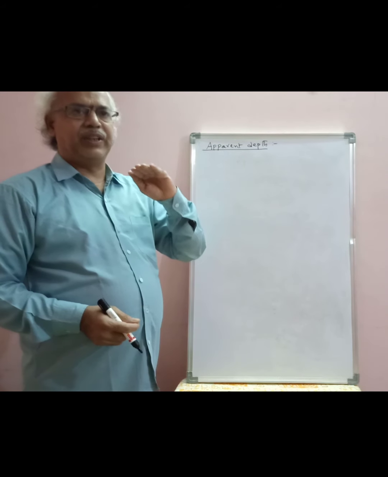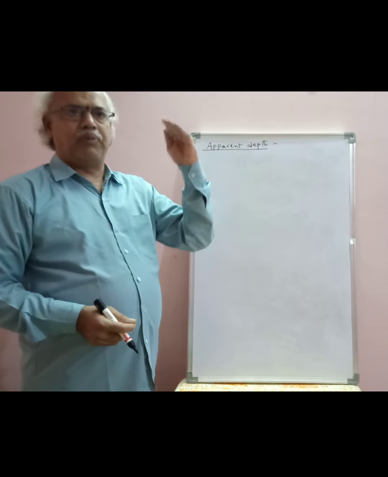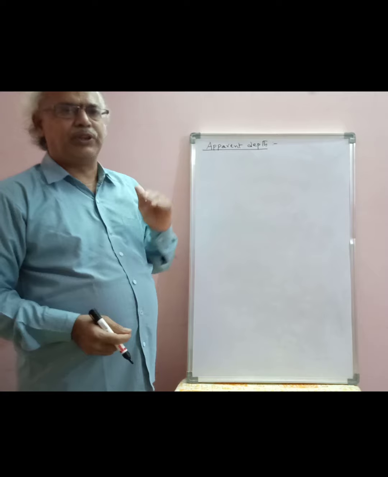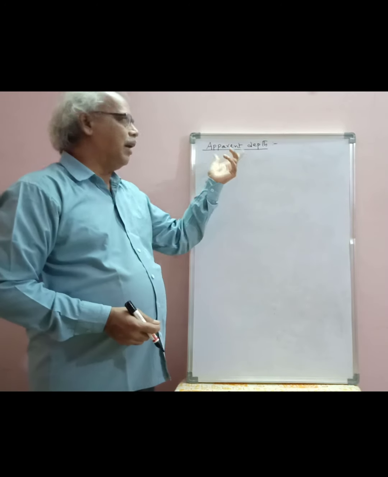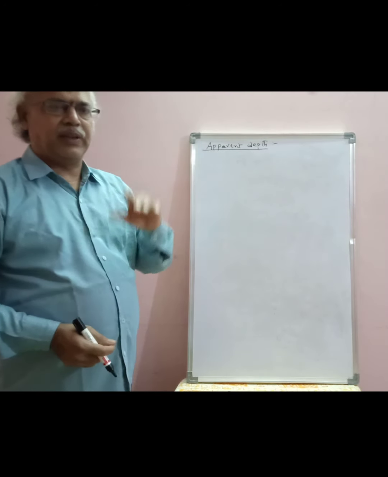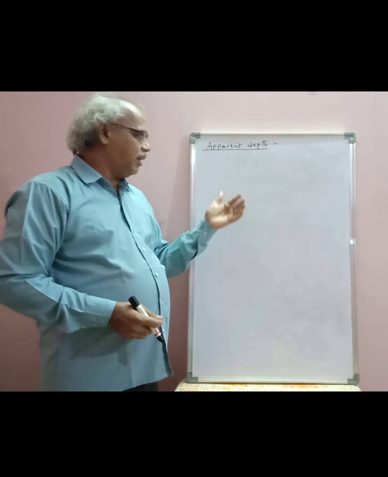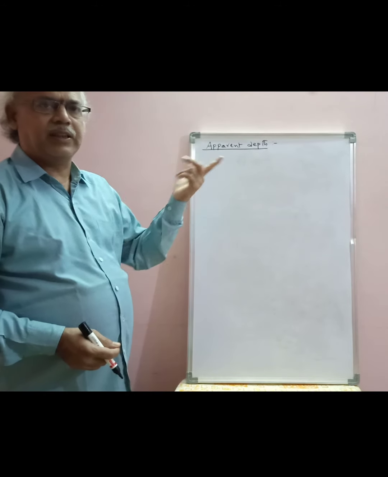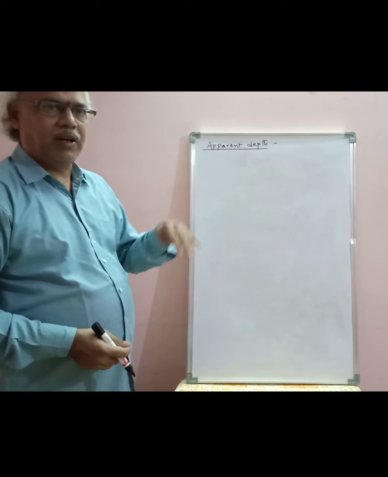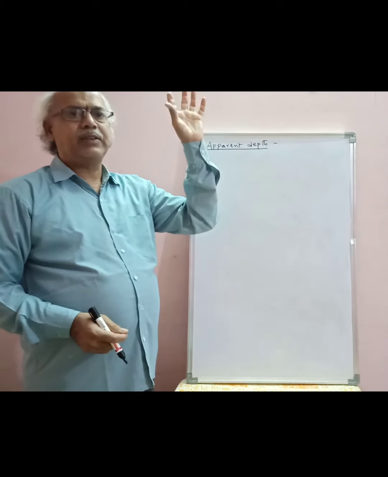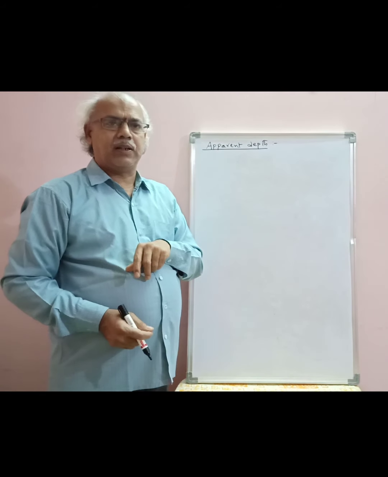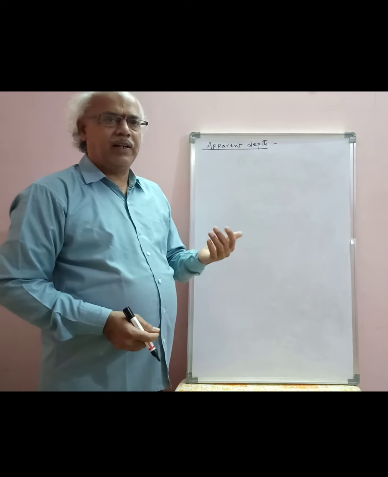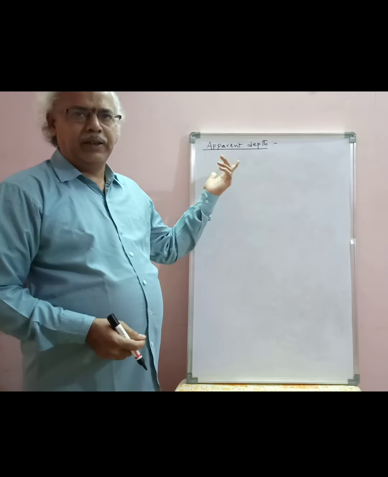Or we can see from water a bird which is in air, and it also appears away from its original position. That also is called apparent depth. Here in the first case the object is in a denser medium, and in the second case the object is in a rarer medium. The bird flies in air, and air is a rarer medium with respect to water. A coin placed in water, water is an optically denser medium with respect to air.